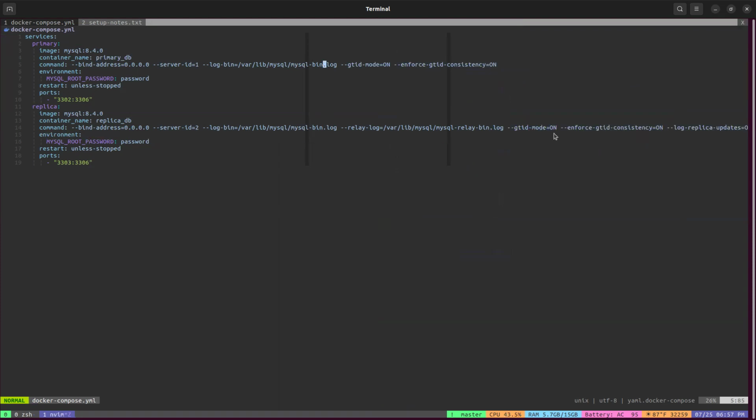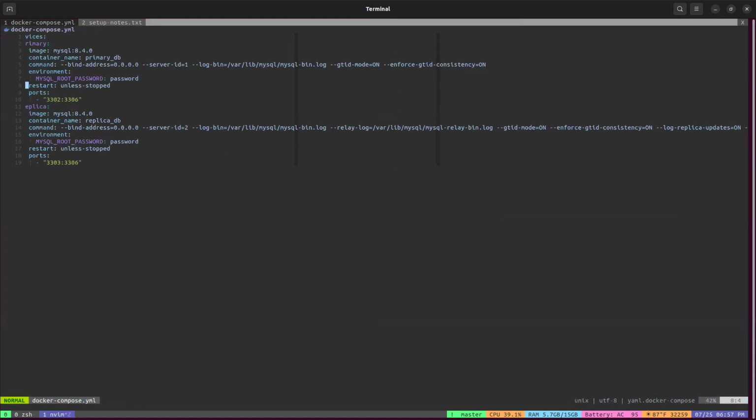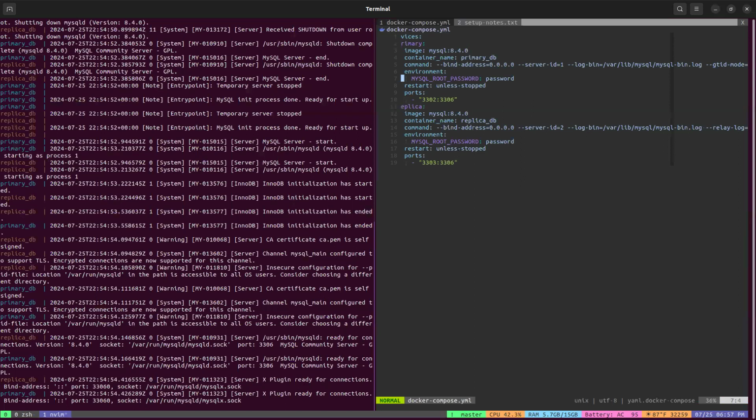Some of these commands, now that I'm looking at them, are superfluous. I don't know if I need log replica updates on, but this is what I found that got it working for me in these containers. I probably won't walk through the whole thing, but I will get it set up to